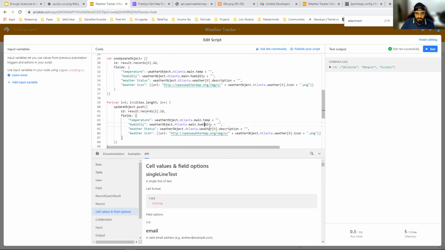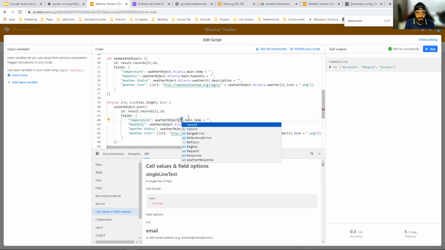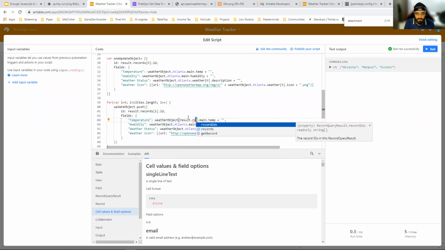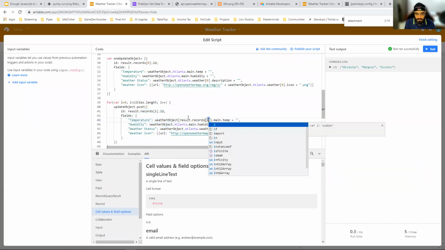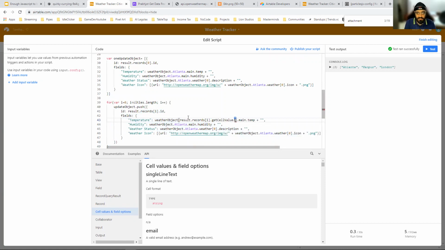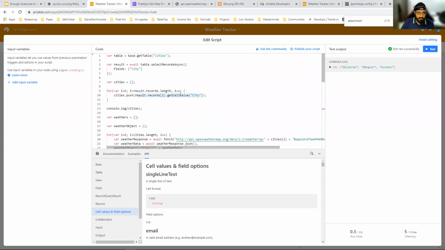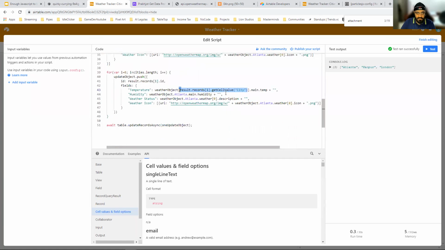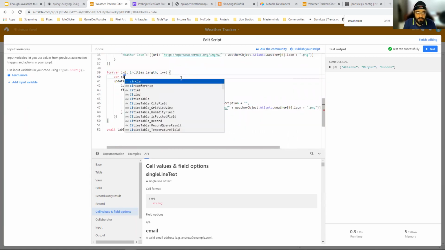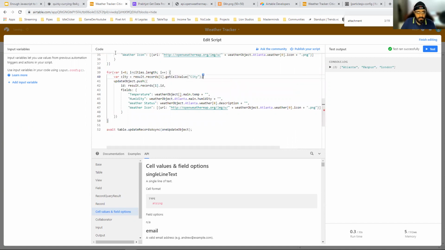This won't change because this is inside weather. But here, instead of Atlanta, what I need is basically the name of the city. So result dot records of i dot get cell value city. This is basically what we did here, and we were able to get the value of city like this. So you can do it here, or to be nicer, you can create a variable as city over here, and then use the city inside this.